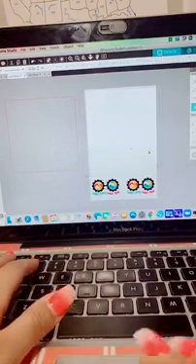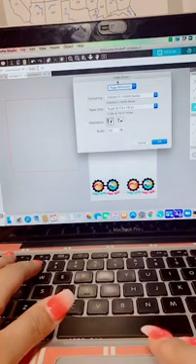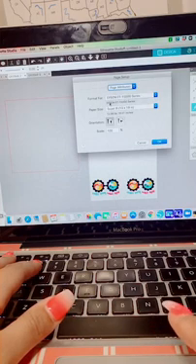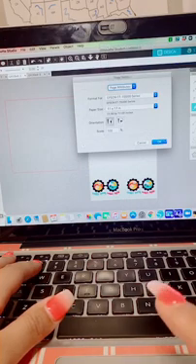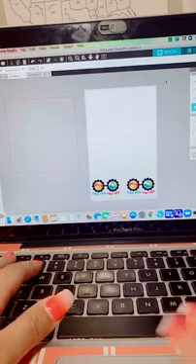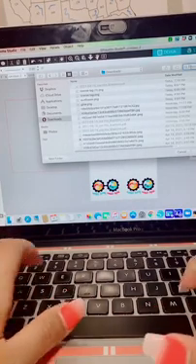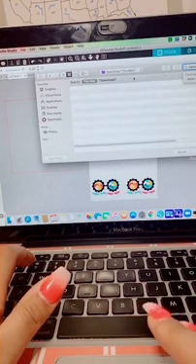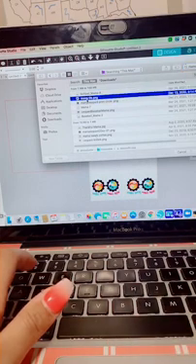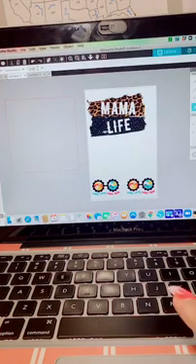So let's delete this. I might keep these little freebies down there. Okay, let's pull up the file for the Mama Life. That's the one she wants. This is the design she wanted when it loads.